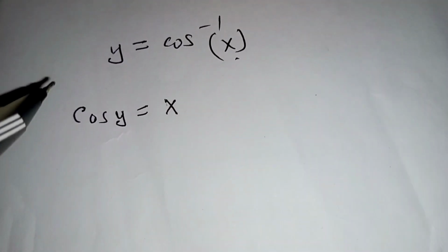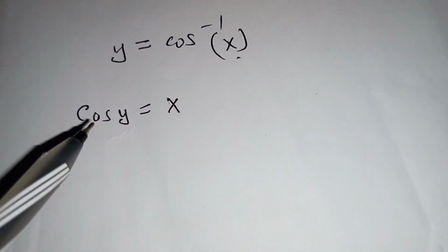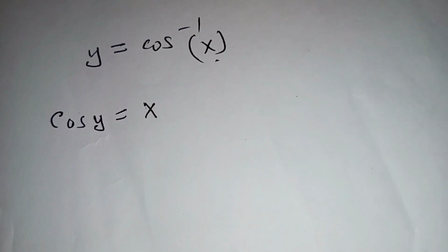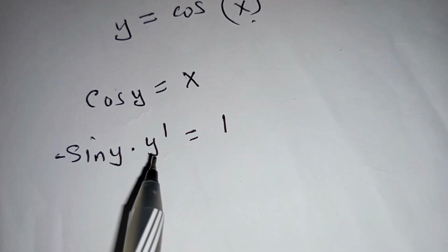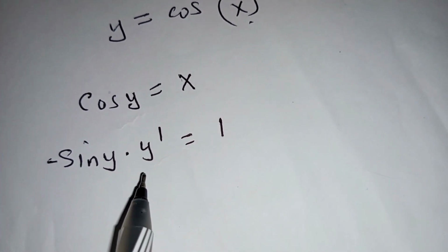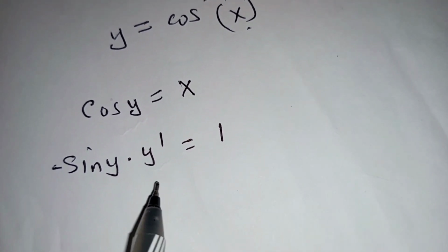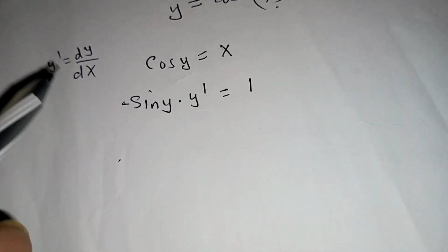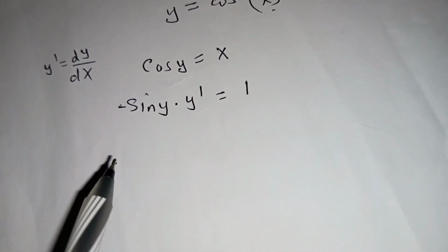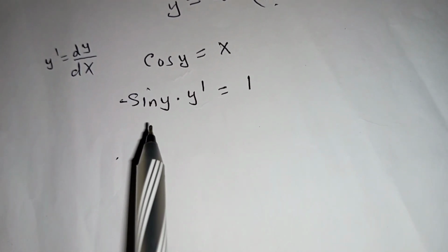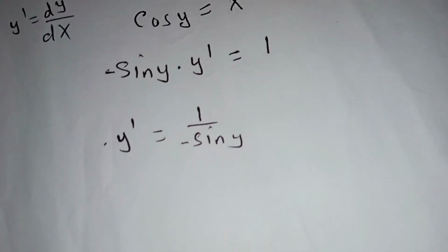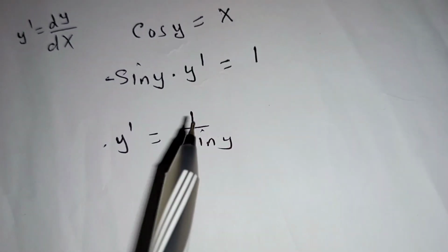When we differentiate cos y with respect to x, we are going to have negative sine of y. So we shall have negative sine of y multiplied by dy over dx. Note that y prime stands for dy over dx. Here I'm taking the notation y prime to represent dy over dx. So we are going to divide both sides by negative sine y so that we obtain 1 over